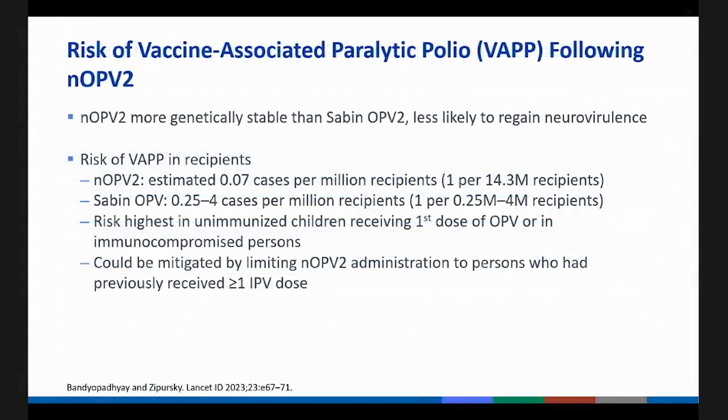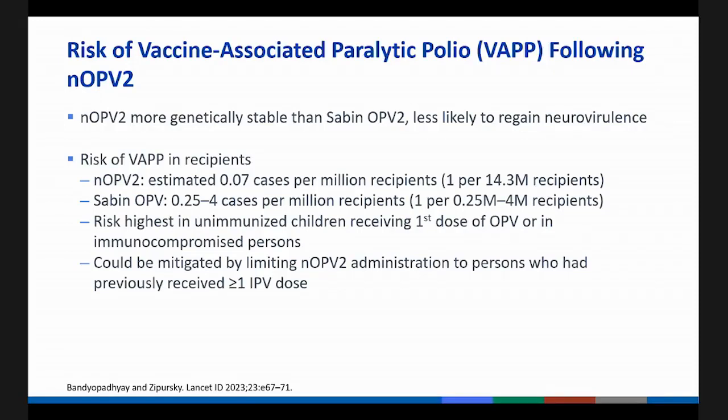And then finally, we know that NOPV2 was developed to be more genetically stable than Sabin OPV2, and it's been shown to be less likely to regain neurovirulence in the lab. However, there's still a risk of vaccine-associated paralytic polio, or VAP, in recipients. The estimated risk of VAP for NOPV2 is 0.07 cases per million recipients, or 1 case per